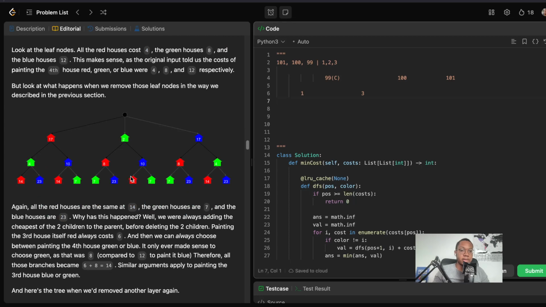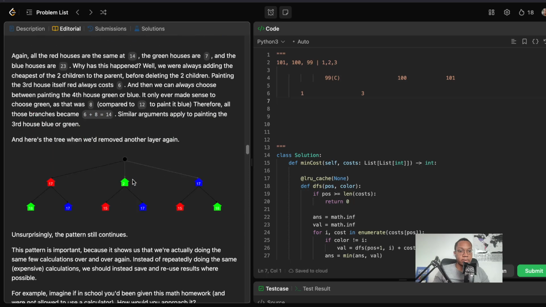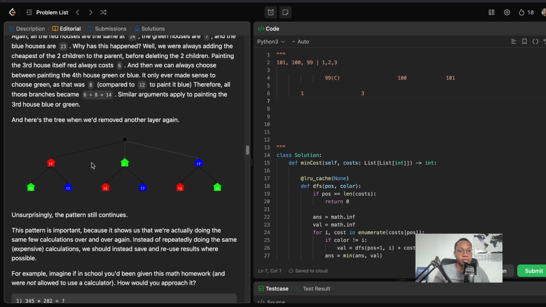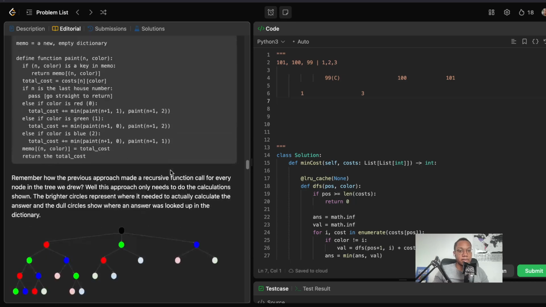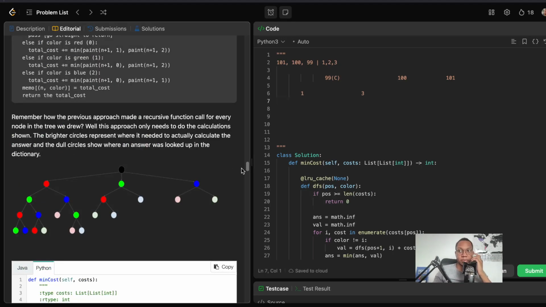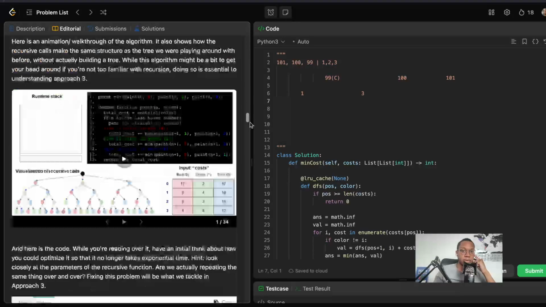But basically what happens is you create the whole tree of all possibilities using depth first search, recursion, and then you notice that, okay, green and red are the same here, green and red are the same here, and so you can just X those out. Because you cross those out, you can remove it from other layers of the tree, and it just ends up saving a lot of computation. But anyway, that's kind of a bad explanation. This whole article is way better, but